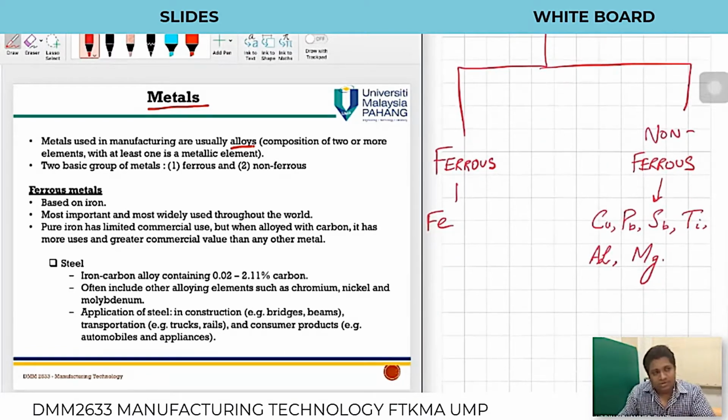Now remember that these metals are not good enough because their strength is not very good when we have them in pure form. Pure iron will get very rusty. Pure iron can break easily. Pure magnesium cannot exist in that form. So what we need to do is combine metals together to form alloy.